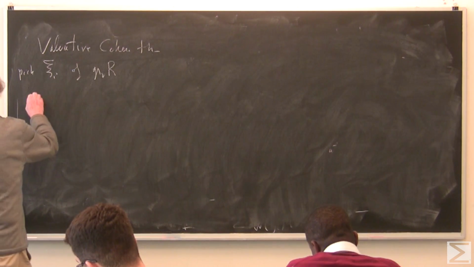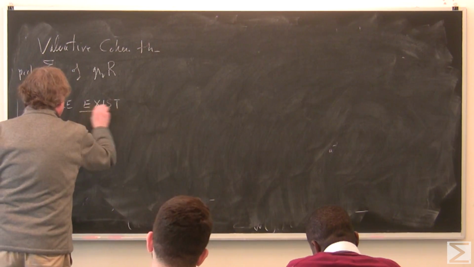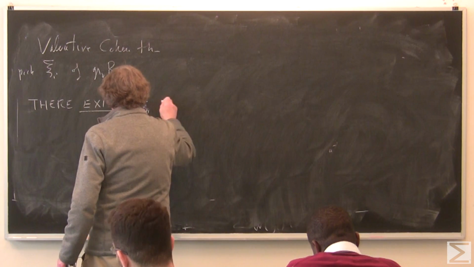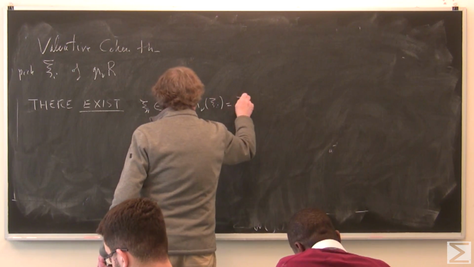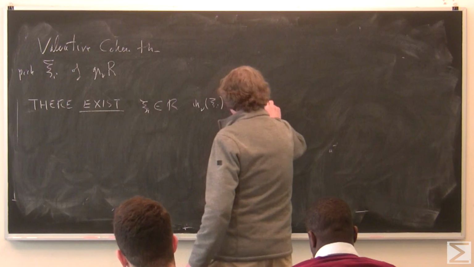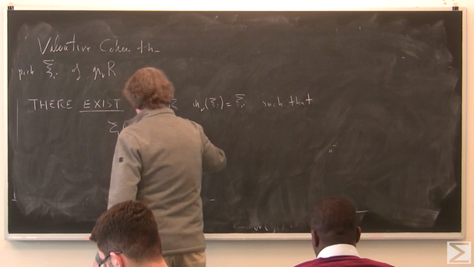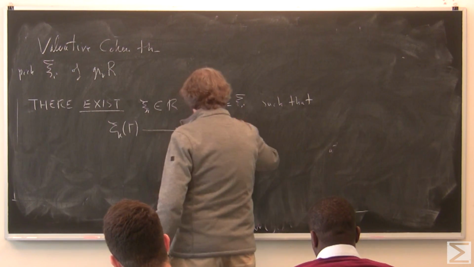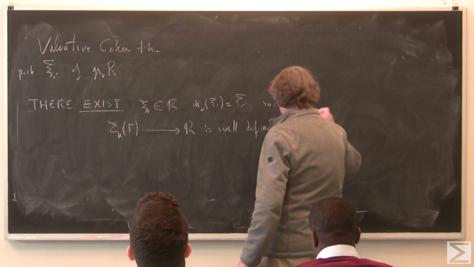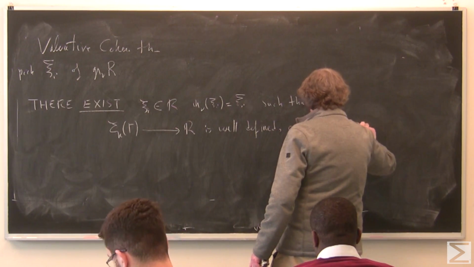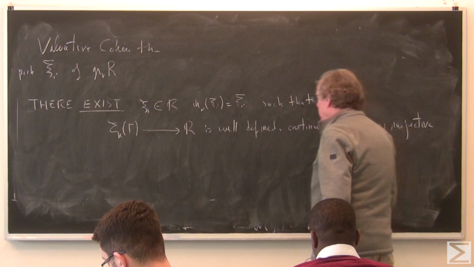Then the first part is there exist, and here the emphasis is on exist, psi I representatives in R, so that the initial form with respect to nu of psi I is psi bar I, such that the map from Ek of gamma to R is well defined, continuous with respect to weight and valuation filtration, respectively, surjective,